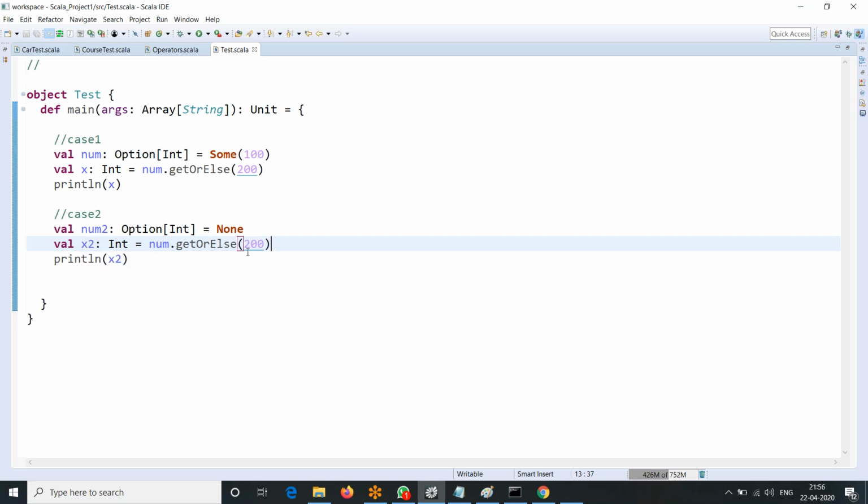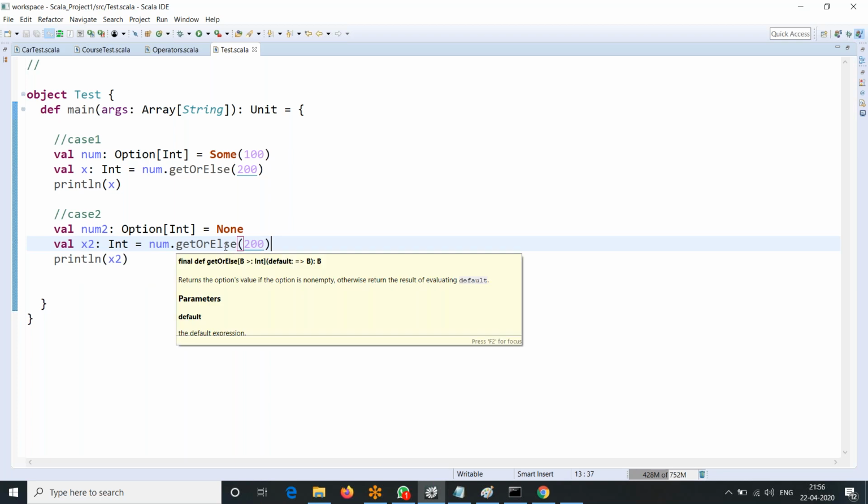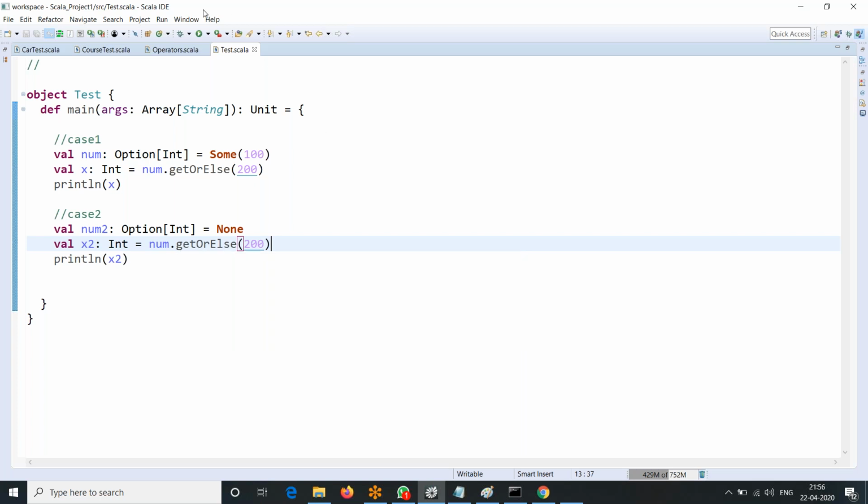Sorry. So that is the purpose of the else part here. Get or else means this method returns a value if that option has some data. Otherwise, it returns a default value if option is set with none. That's what happens here.